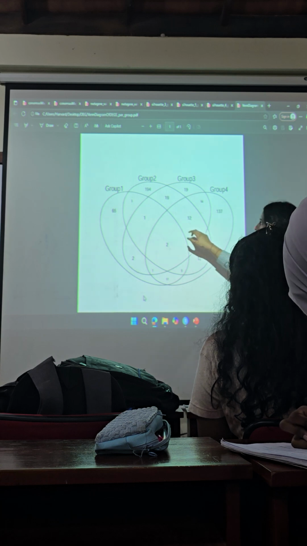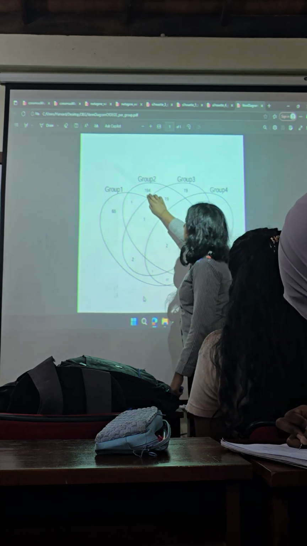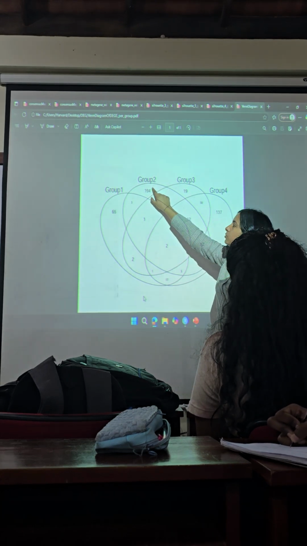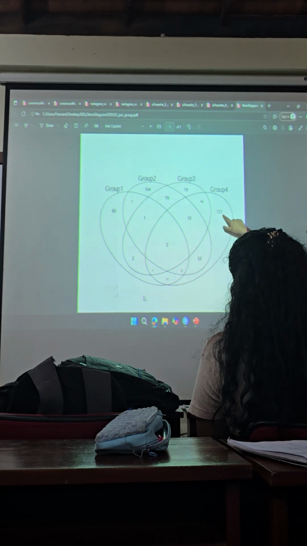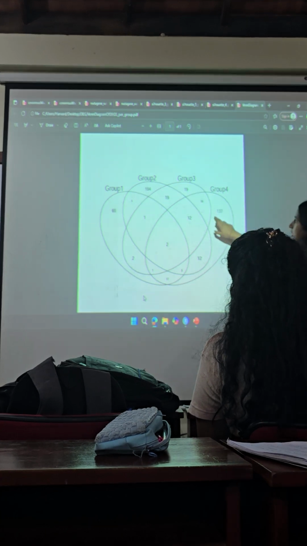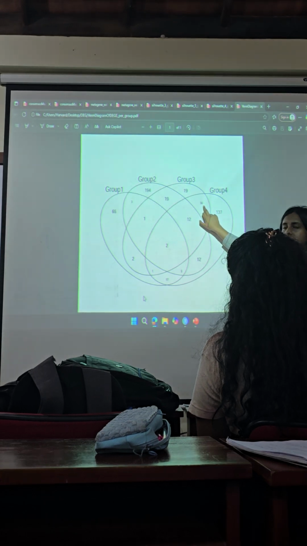So you can see the most unique genes. Which group is that? That's group 2, right? Group 4 has 137, but it has 56 genes overlapping with